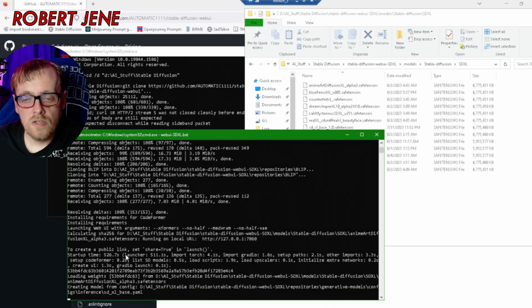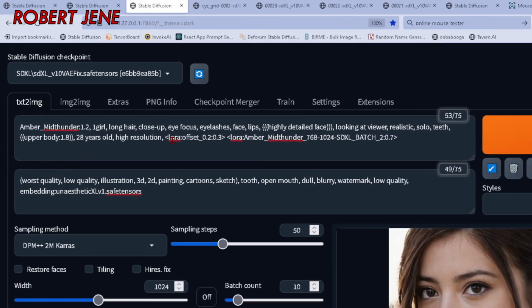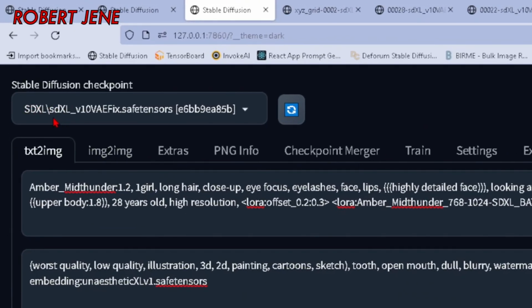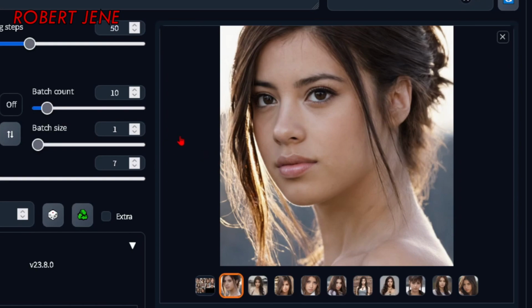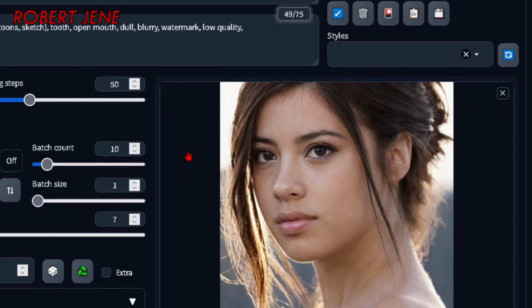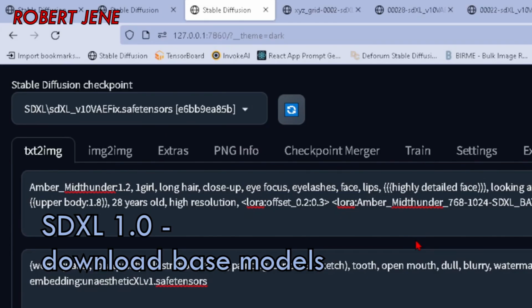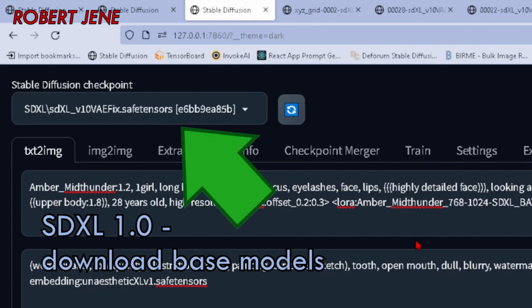Meanwhile, while this is still installing on my other computer, I'm going to show you guys where to get some SDXL models. So this part of the video is showing you where to get some models for the SDXL regular version. But check out this Amber Mid Thunder LoRA that I made. I want to show you how to make LoRAs for SDXL in a future video. But just to avoid confusion, the models that I'm about to show you how to download will not work in